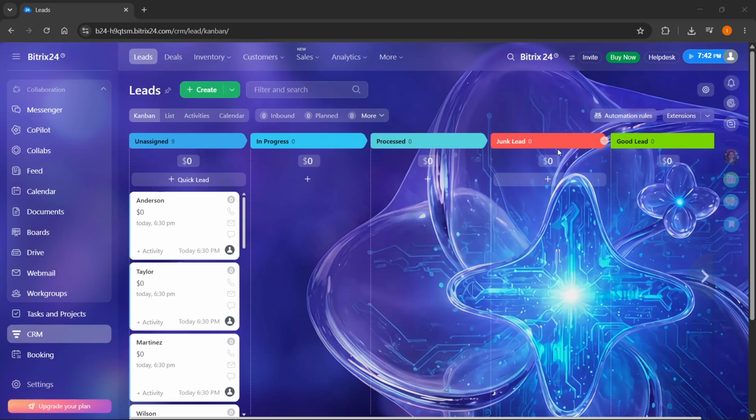In this video, I'm going to show you how to connect WordPress forms to Bitrix24. Now to do this, first you want to sign into your dashboard. You want to go to the top here next to where it says Bitrix24 and you want to click on